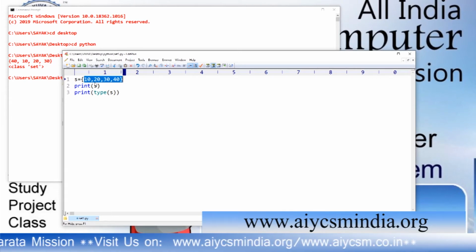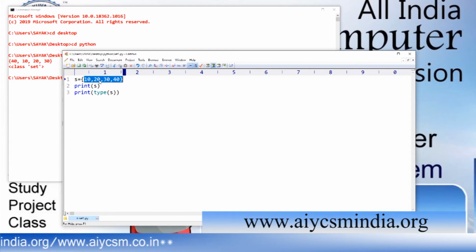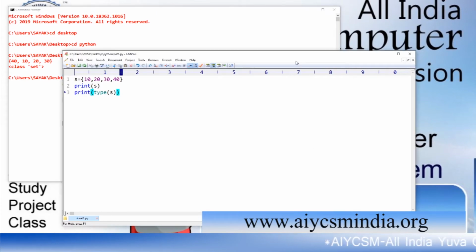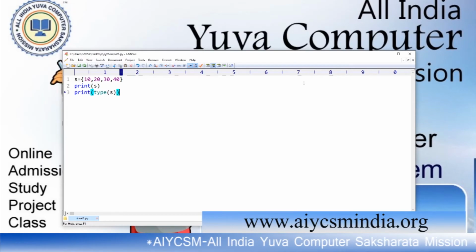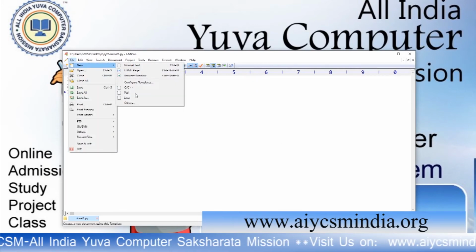With the help of indexing, if you find 10 at the first index at first, when you run it again, you will find 20 at that index. So insertion order is not preserved. This is the example for what I said, that insertion order is not preserved. Okay, fine. I have to do another example. How can you create a set from a list?